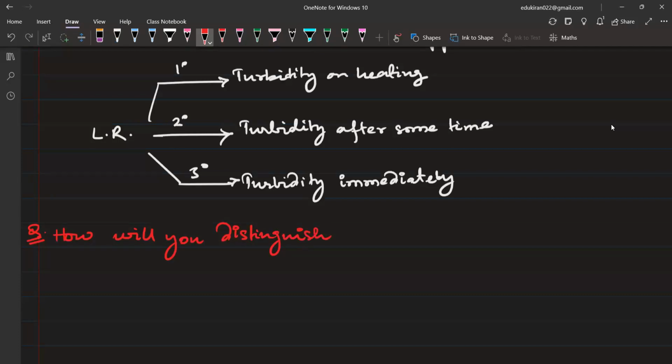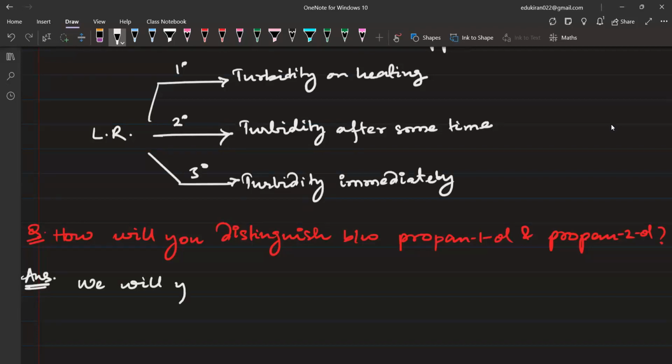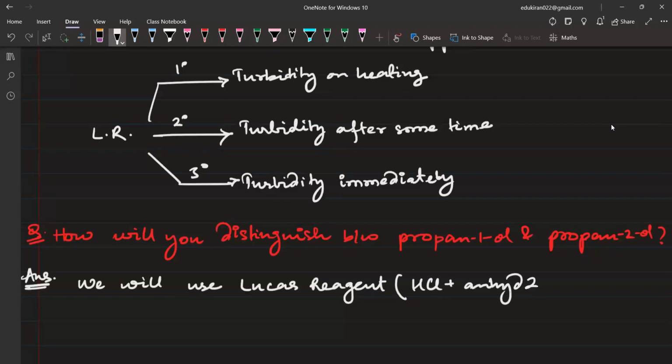How will you distinguish between propane 1-ol and propane 2-ol, ठीक है। तो जवाब लिखने का तरीका ये होगा, आंसर में ऐसे लिखेंगे आप, we will use Lucas reagent। ब्रैकेट में डाला आपने HCl plus anhydrous ZnCl2,